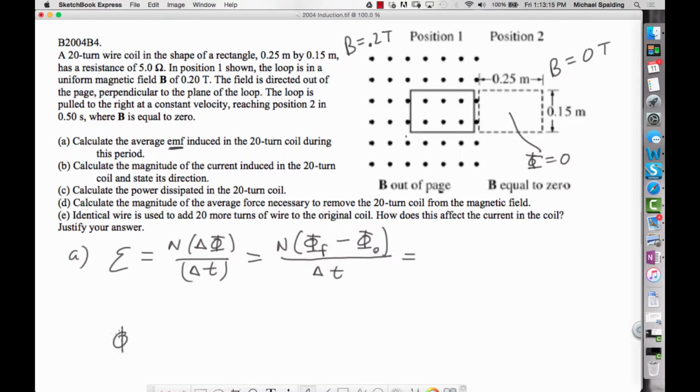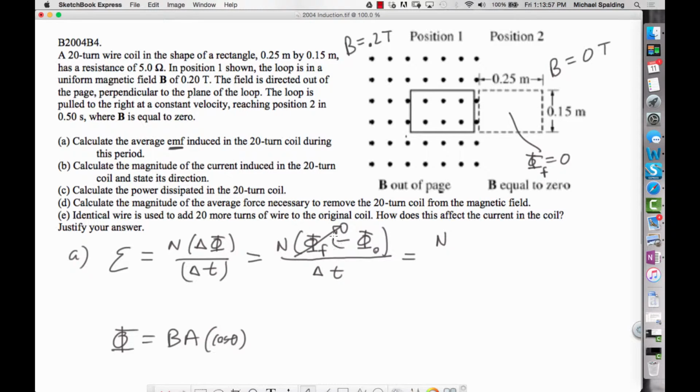Oh, and I guess I should put down the flux equation. Flux is equal to BA cosine theta. So there are 3 possible ways to change the flux. You could change the magnetic field, you could change the area of the loop, or you could change the angle between the normal line to the loop and the field. In this problem, what's being changed? Are we changing B, A, or theta? B, because we're going from a region where there is a magnetic field to a region where there is no magnetic field. Long story short, the final magnetic flux is going to be 0, so that reduces our equation to